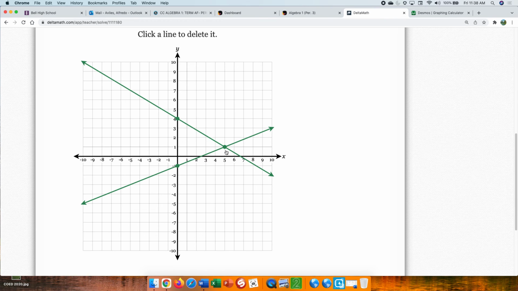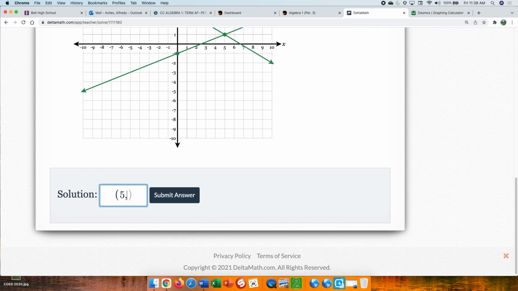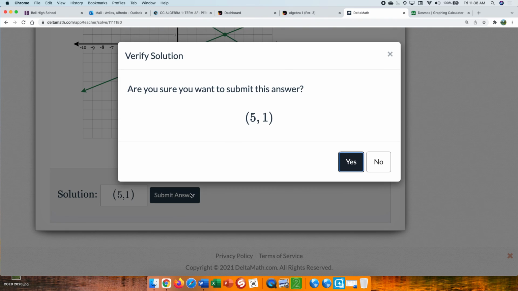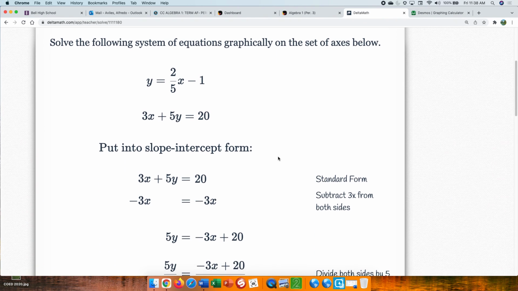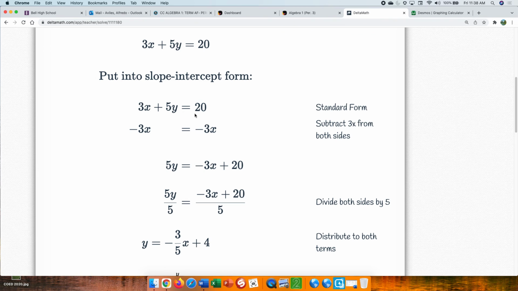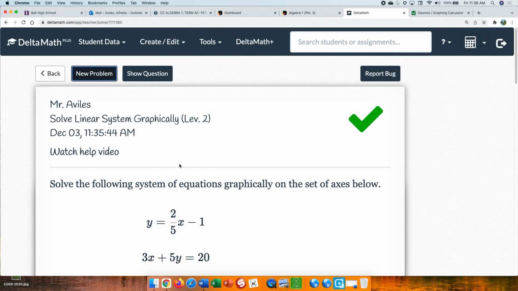The solution is where these lines intersect. 1, 5? Okay, okay. 5, comma 1. Submit. Are you sure? Yeah, sure. Boom. Oh, look, here it is. You know why we like Delta Math, right? It has a little show example or it says watch video, but we've done this, we've learned this. Everybody agree? Okay. So